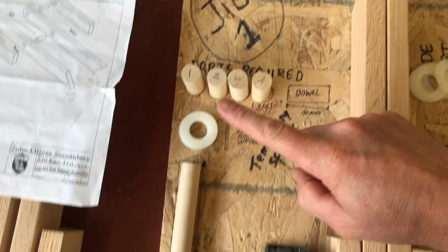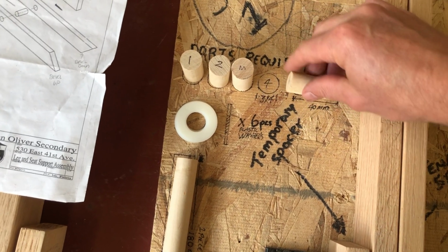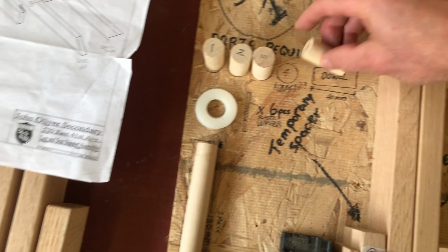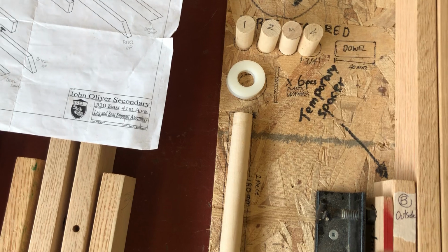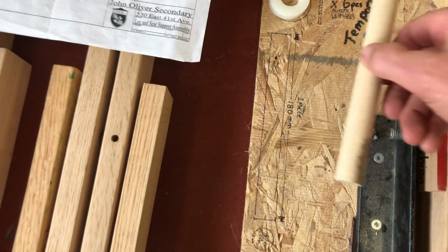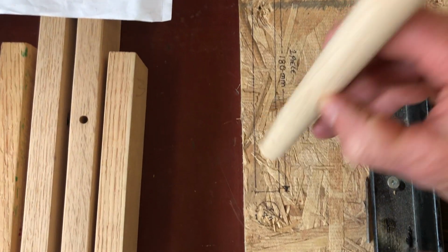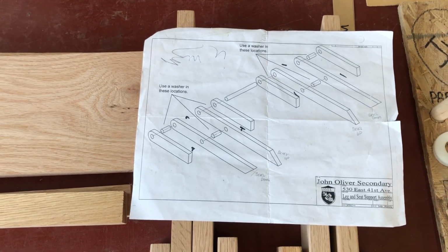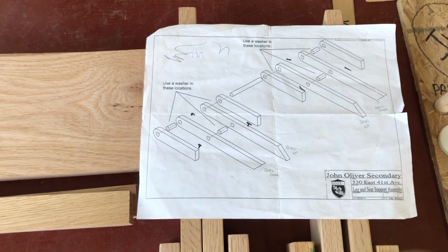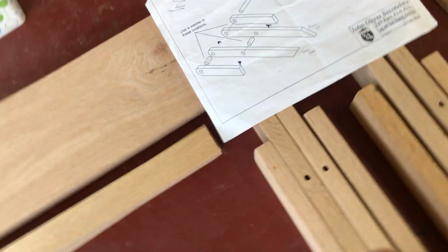make sure that you have the 4 pieces of dowel, which should be 40 millimeters, and it's 3/4 inch dowels. You're going to have 6 plastic spacers, and you're going to have 1 dowel that's 3/4 inch diameter by 180 millimeters. And you're going to want to then use the schematic to assemble the parts together and follow along